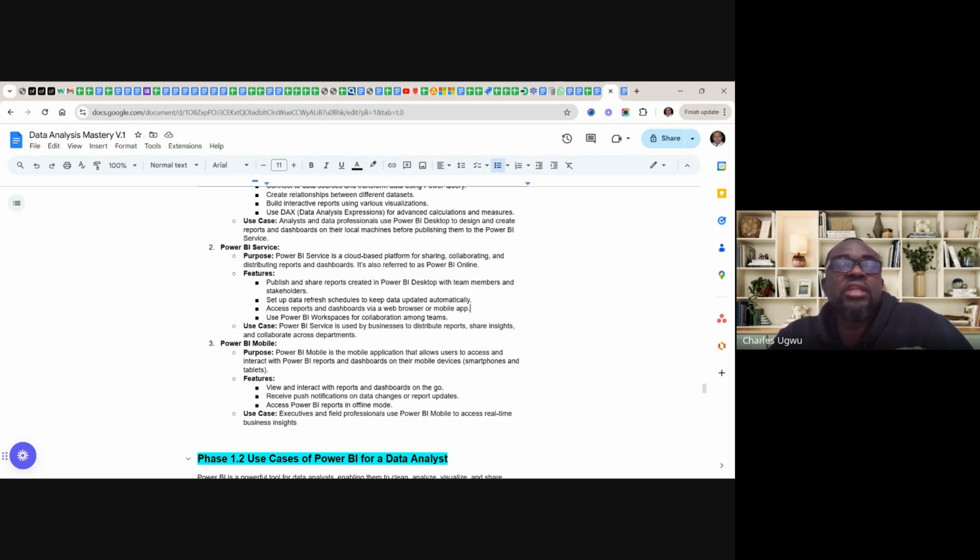These are business leaders. They hardly stay in the office. You can't see them in the office. They're always on the go. But they need to stay abreast of what is going on within the organization. How do they do that? They connect to Power BI Mobile, and everything the team is doing, they see it there.